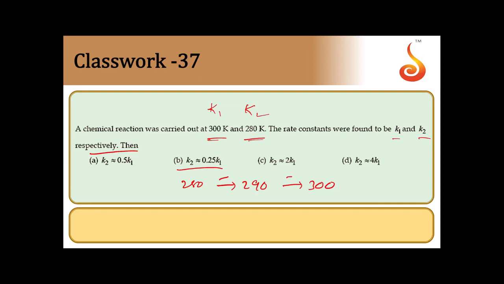So here K1 is given higher value than K2 for us now. K2 is at a lesser temperature. K1 is at a higher temperature. So answer comes to be option B then. B answer.